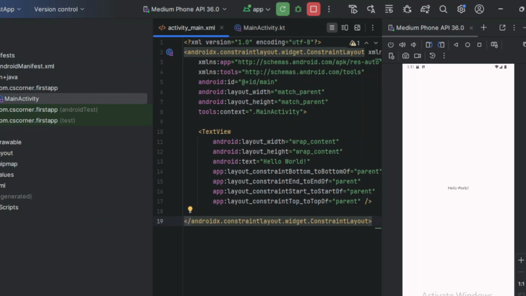I hope that by following my video you are able to install Android Studio and